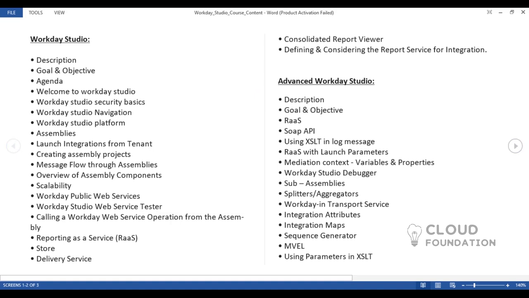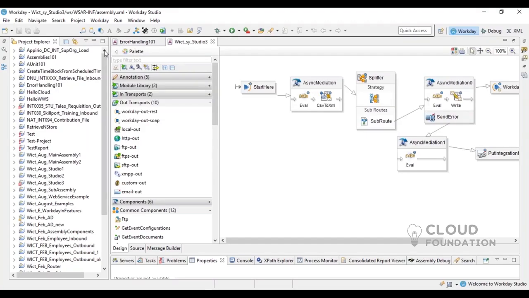We start with the Workday Studio basics, how to install Workday Studio, and how to get familiar with the Workday environment, and what is the security required to develop or deploy studio integrations, and the basic navigation. Basic navigation means here,